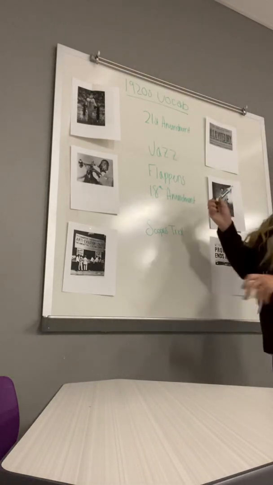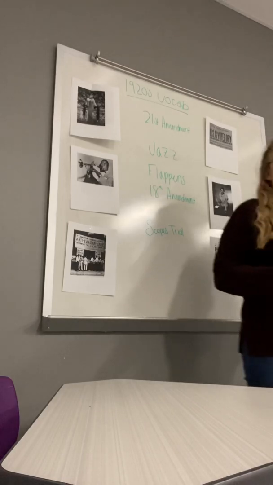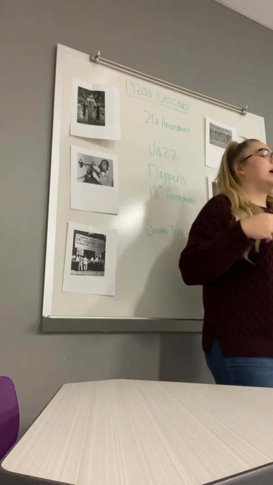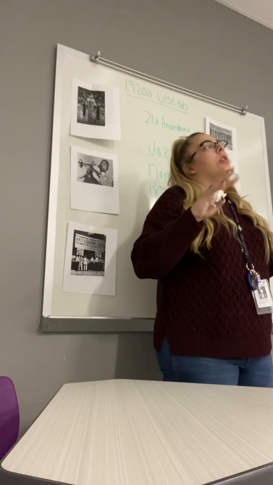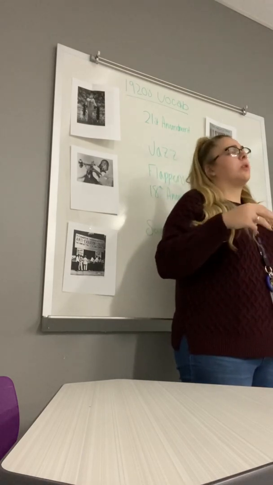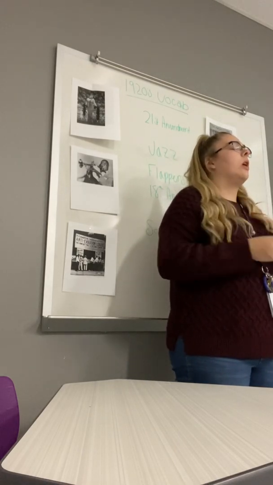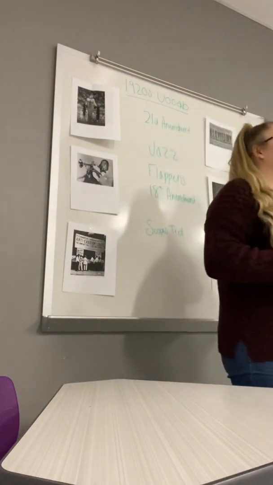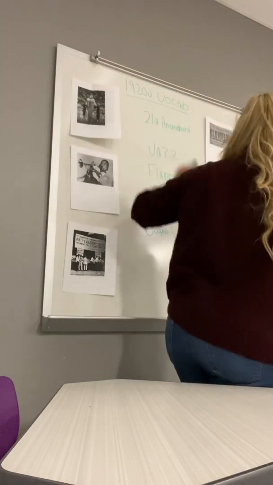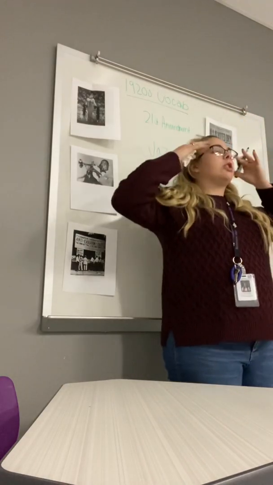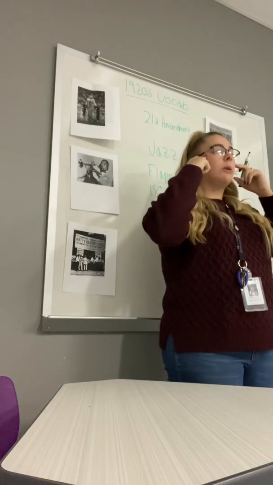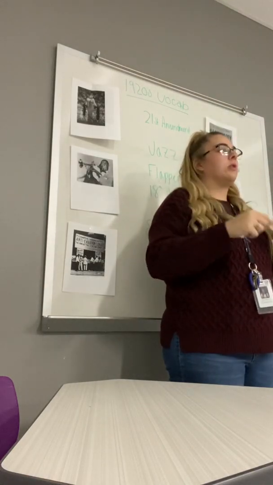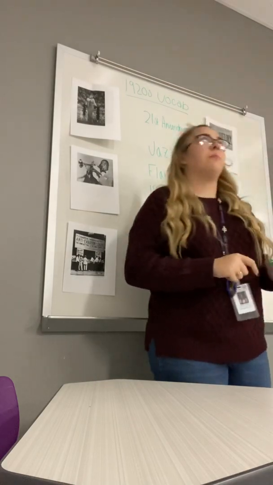All right, so today we are still talking about vocabulary from the 1920s. Like we talked about last class, we were just skimming the surface of what exactly the 1920s was and the different words that were used and different things that were known. But today we're going to be matching some of the pictures with some of the vocab words to put a picture in your mind that matches. So it's not just reading a definition, it's putting a picture in your mind for the word, so you actually see what that word represents.